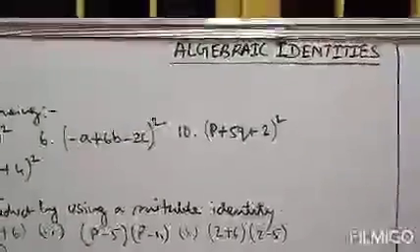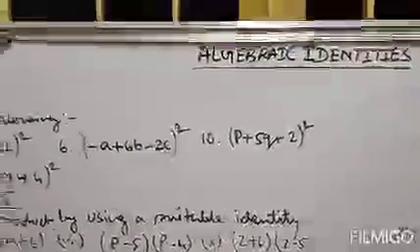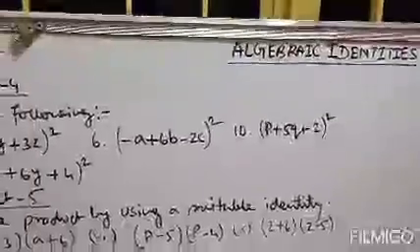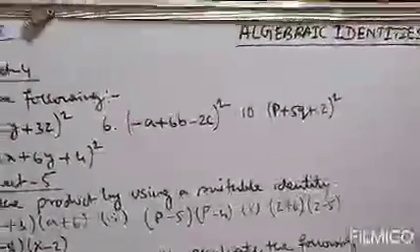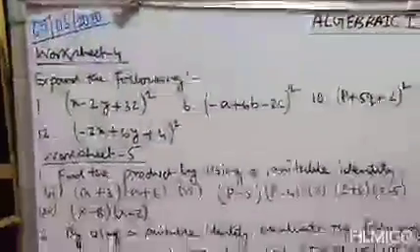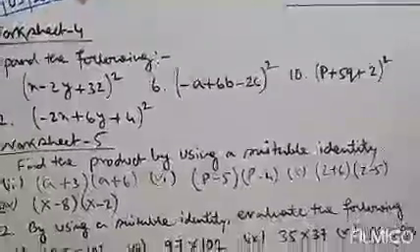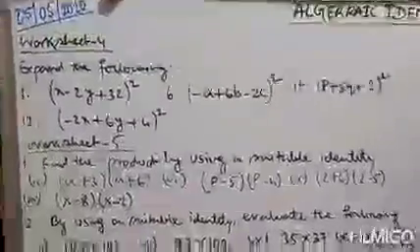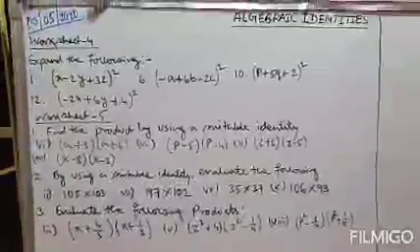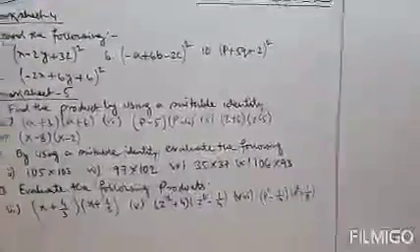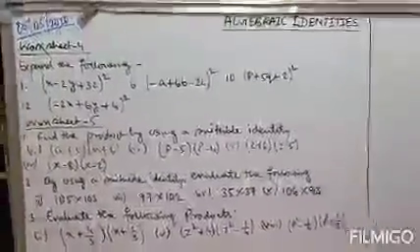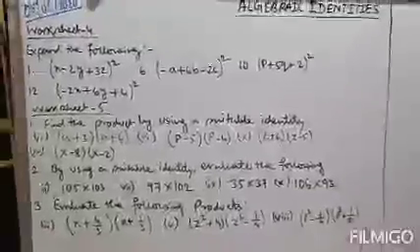Good evening, students. This is the second lecture of the chapter Algebraic Identities. In the previous lecture, we solved worksheet 1, worksheet 2 and worksheet 3 using 3 identities, and today we will solve 2 worksheets, that is worksheet 4 and worksheet 5. There are some more identities I will discuss and one formula that we will also discuss. So let's begin. So the first formula is your